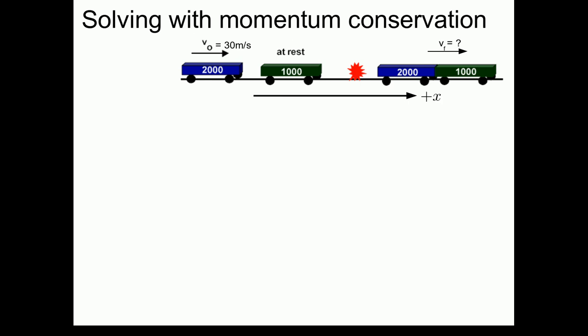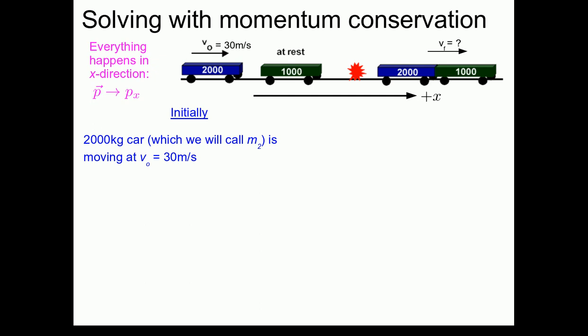Let's define everything as happening in the x direction and make the positive x direction going to the right. If this is true, then our momentum vector only has x components. Initially, what do we have? We have the 2,000 kilogram car, which we'll call m2 to remind us that it's the 2,000 kilogram car, traveling at some initial speed of 30 meters per second. In terms of its momentum, it only has an x component, and its momentum is m2 times v sub 0,